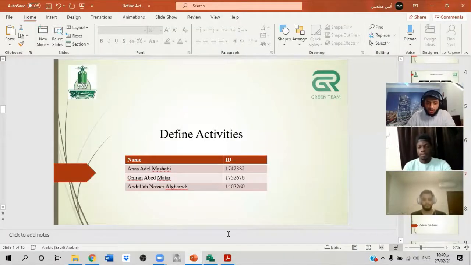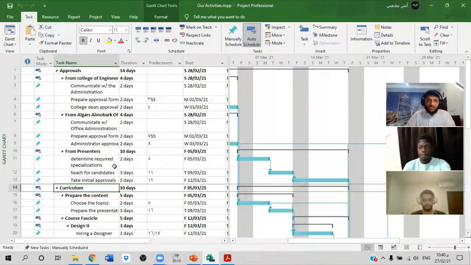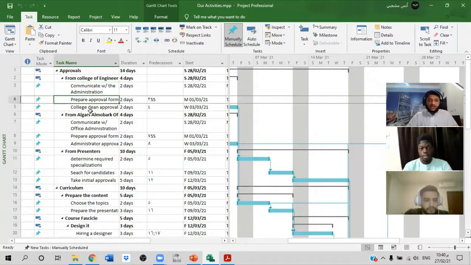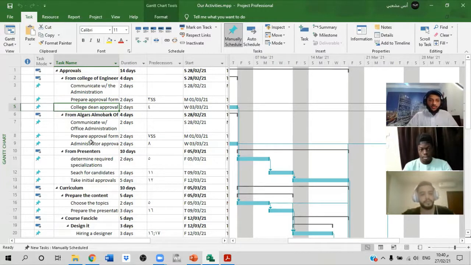So here in MS Project, to save time, we added all the tasks for each subtask and each task. First we have the approvals here. This is the subtask, and in this column are the activities for each subtask. So we went through the approvals, all of them,